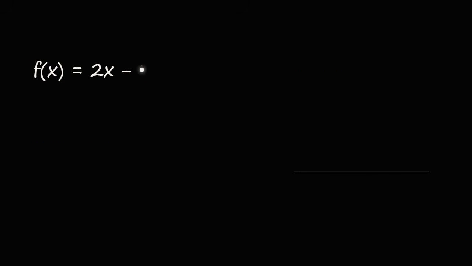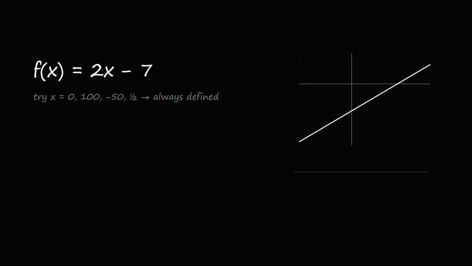Let's take our first example. f(x) = 2x - 7. This is a linear function. Its graph is just a straight line. Pick literally any number you like for x. 0, 100, negative 50, even a fraction like 1/2. Multiply it by 2, subtract 7, and you always get a real number back. Nothing ever goes wrong, so the domain is all real numbers, which in interval notation we write as negative infinity